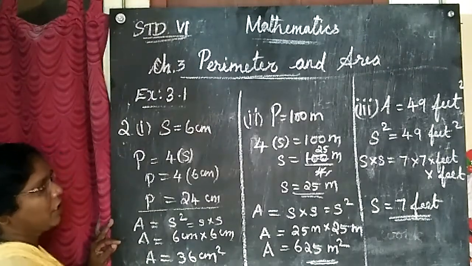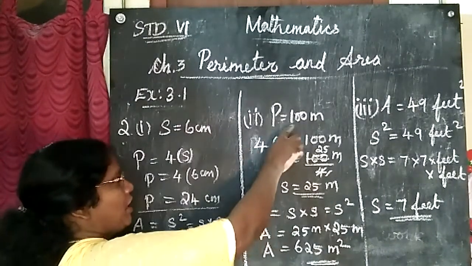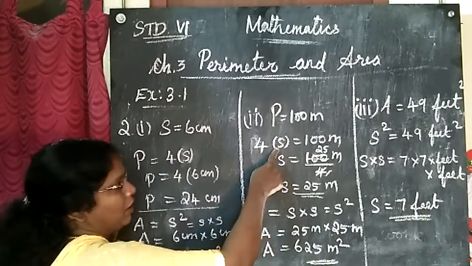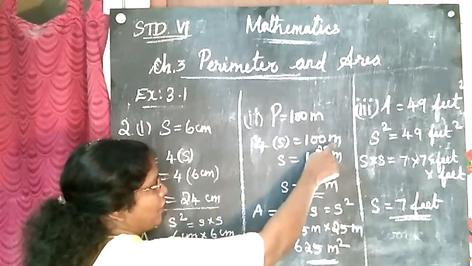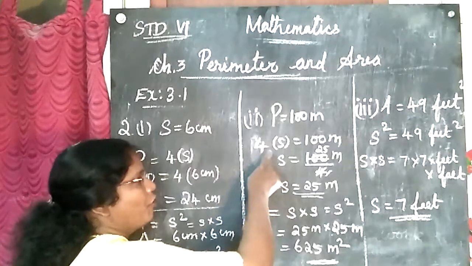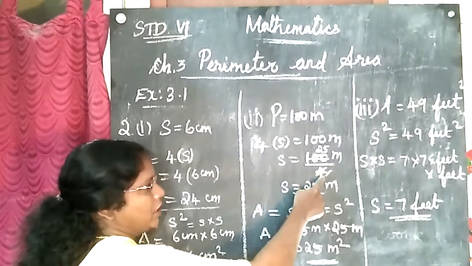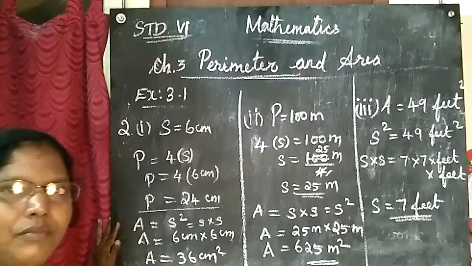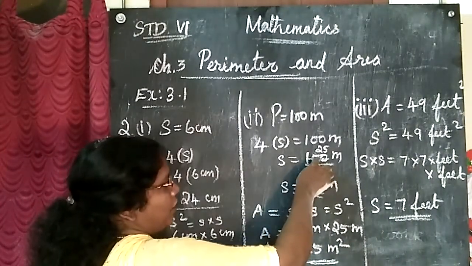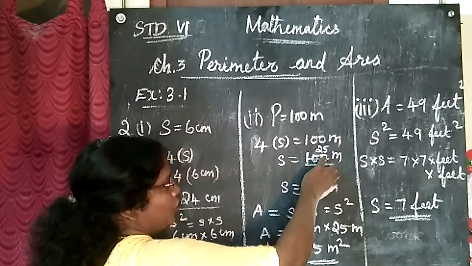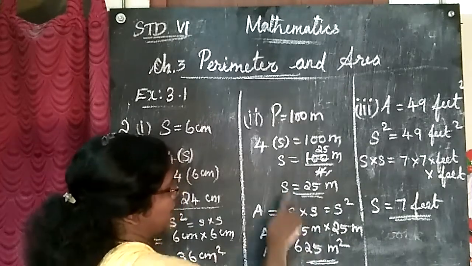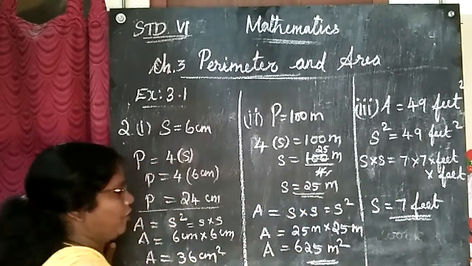Okay. Second option, come. Perimeter is given, 100 meter. What's the formula? 4S is equal to perimeter. So perimeter is, when the value is given, I am writing here 100 meter. S we don't know, that only we are going to find. Here 4 is multiplied. If it goes other side, divided. So 1 4 is 4. If you divide here, 2 4s are 8. Remainder 2, 4 5s are 20. So 25 meter. S is what? 25 meter. We found at this side.